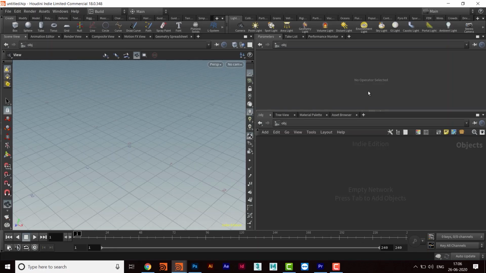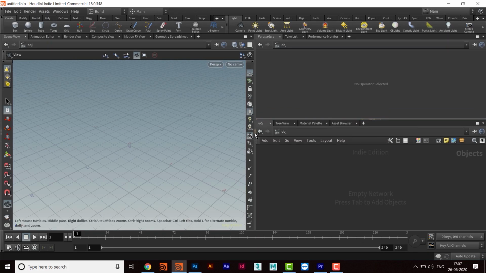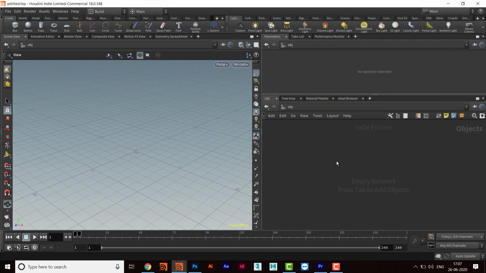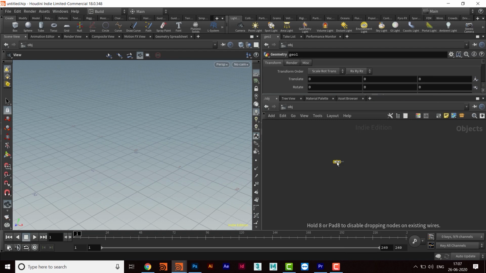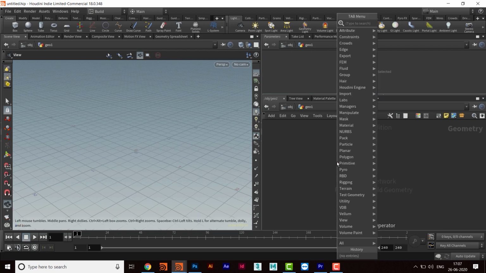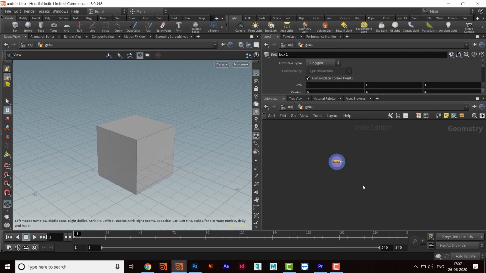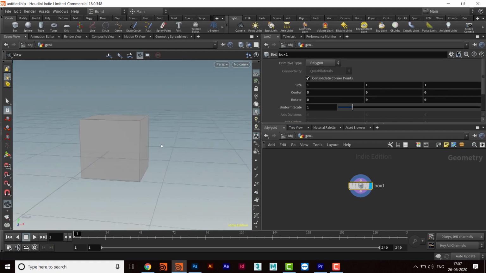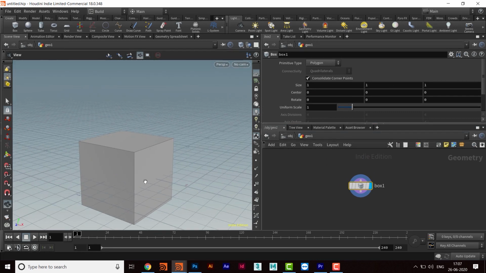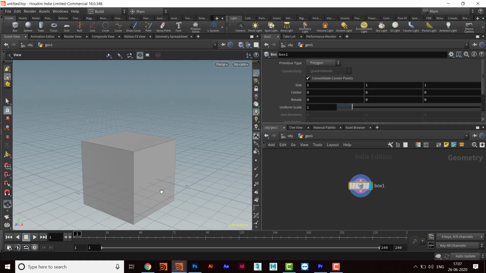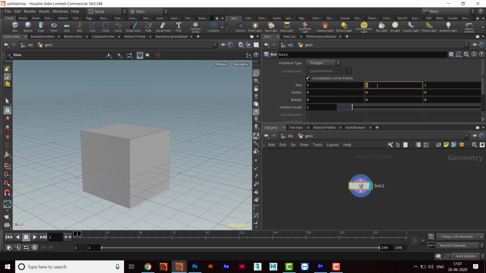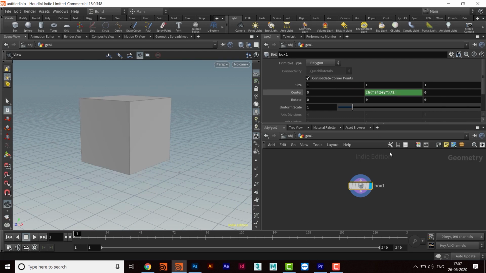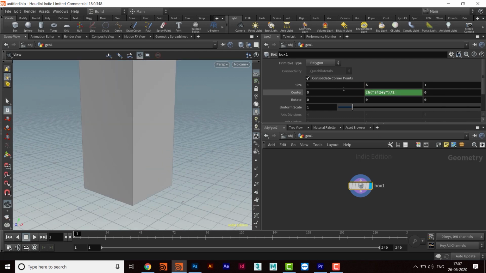Okay, so now we are in Houdini, and we are going to create a basic shot where we are going to use all these nodes. So I will take a geometry node and then get into it and then take a box. Okay, so I am going to create a column and then I'm going to fracture it with some object. So I will come here and copy parameter and then paste relative reference divided by 2, and then I will make the height 6 units.